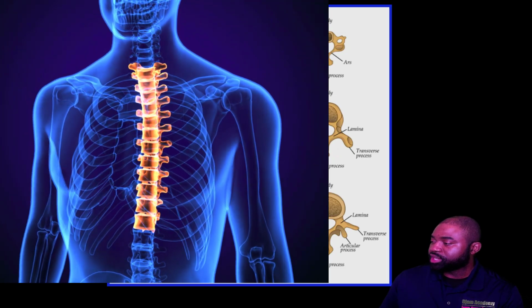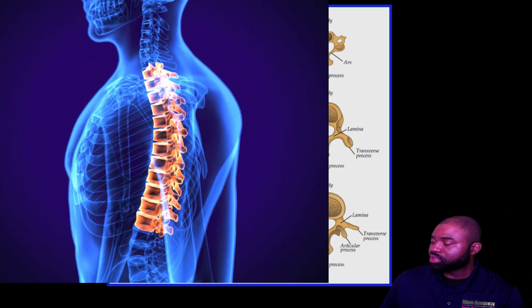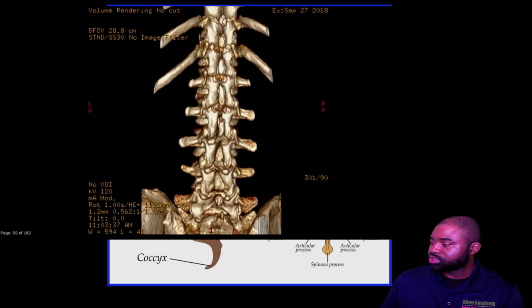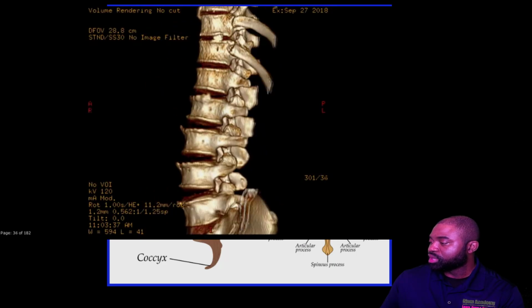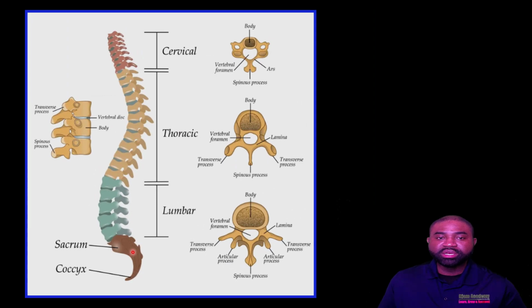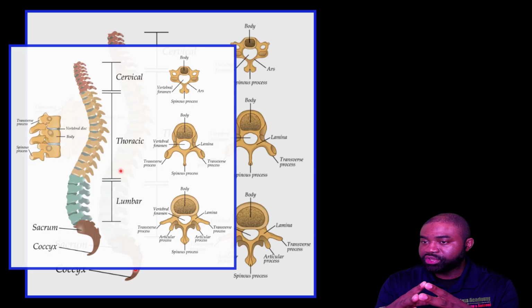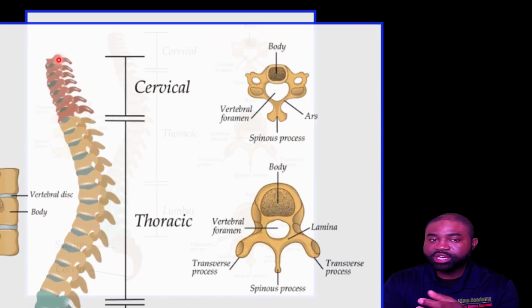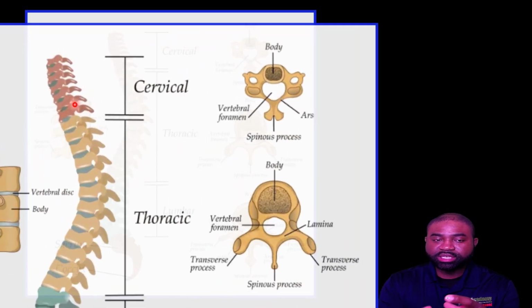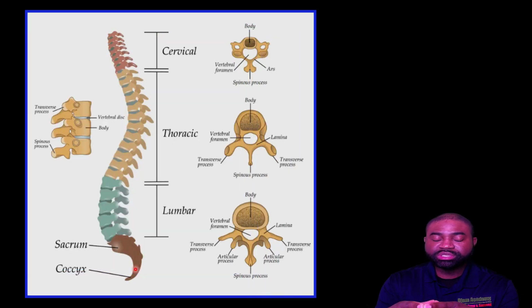The thoracic spine consists of 12 vertebrae. The lumbar spine consists of 5 vertebrae. You have the sacrum and the coccyx. Now, the most distinguishing feature of the cervical spine is the fact that it has an inward C shape, which is called the lordotic curve, and it allows you to actually turn your head, tilt, nod. On the other hand, the thoracic part of the spine